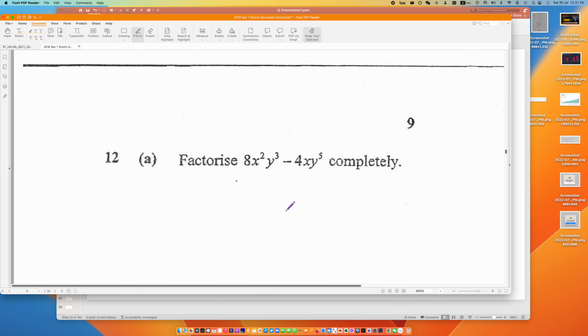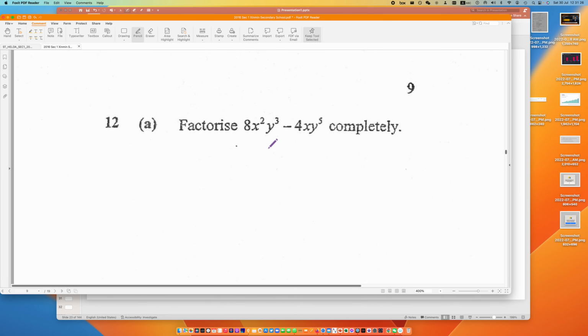I wonder if you ever use your brain or not. You already split this 8 into 2 and 4, right? Can't you see you have a 4 here? Why do you go and split into 2 and 2? Can't you see you already have a 4? Then it makes sense for you to split into 4 and 1 now, right? Why do you make life difficult for yourself? Never mind, you stop. I don't want you to use this split method anymore. I want to use the Bukit Merah Secondary School student method.